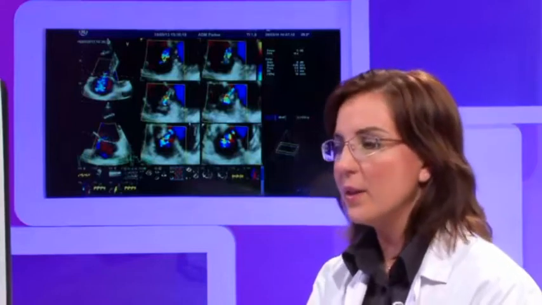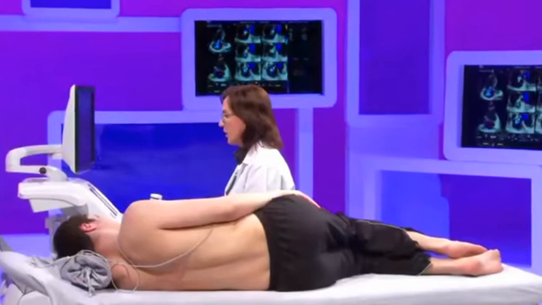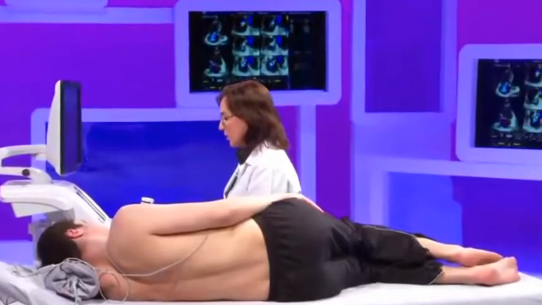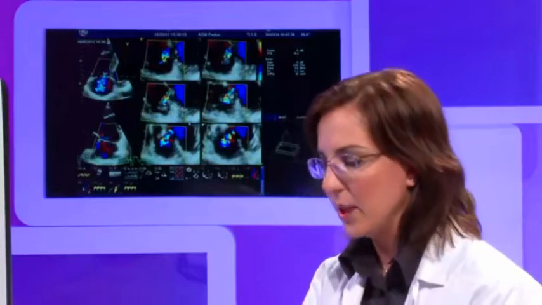And this explains also why the assumptions of the PISA method do not work in this case. So this is a case in which I would not trust so much the PISA method and the quantitation with this modality, because the shape of the orifice is very, very irregular and ellipsoidal. If we want to have a different view of other parameters that help us to decide the severity of the tricuspid regurgitation, in this case,